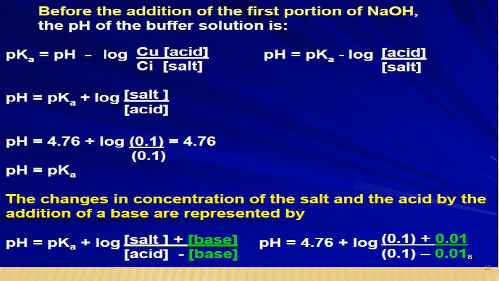But upon the addition of a small quantity of strong base, sodium hydroxide, there is a change in the concentration of salt and acid. See here, for the salt you will add 0.01 and for the acid will decrease by 0.01. Taking the calculation,